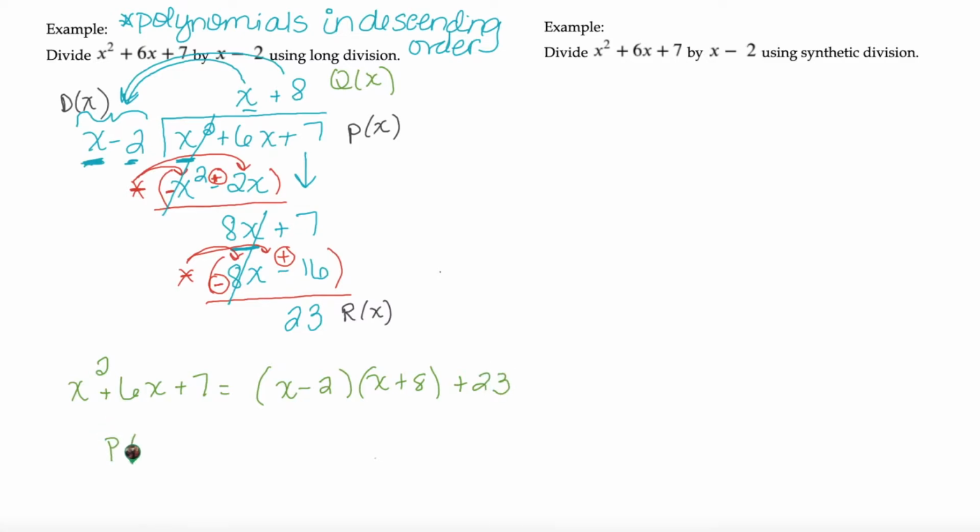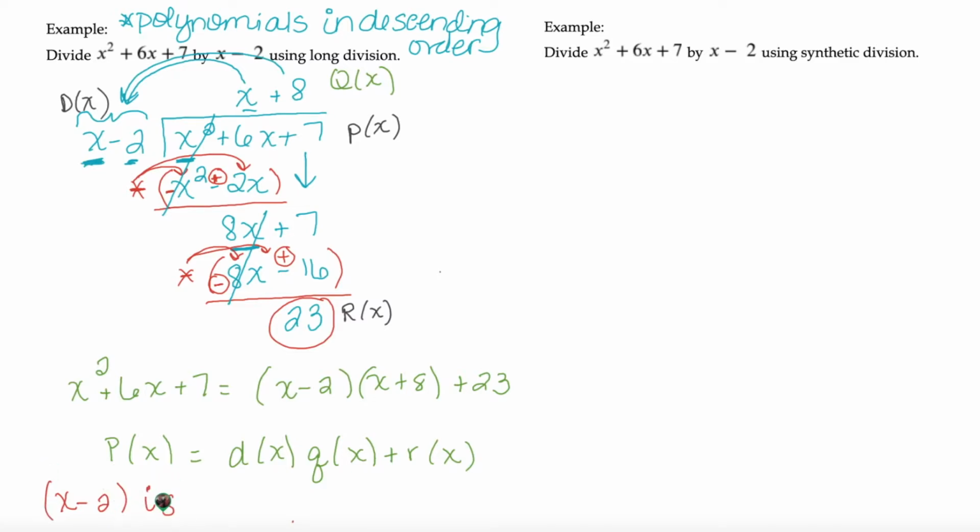So our polynomial was equal to the divisor times the quotient plus the remainder, kind of putting them all together. And since there is a remainder, a remainder of 23 here, it doesn't go in evenly, therefore we can also say that x minus 2, what we are trying to divide, since it didn't go in evenly,